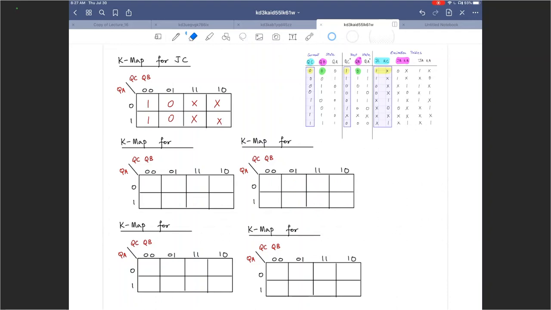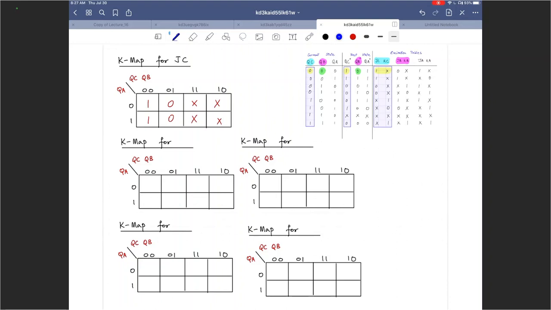And I'm going through this long process just because the next step requires me to do this. So that's why I'm going through this repeated work. All right, so I have a K-map for JC. I can combine the ones. So I'm going to go for the simplest